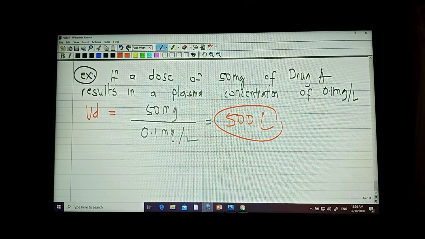So the question is, how is it that the volume of distribution of drug A is far greater than any actual compartment volume? Bakit ang taas? O maalala nyo yung example